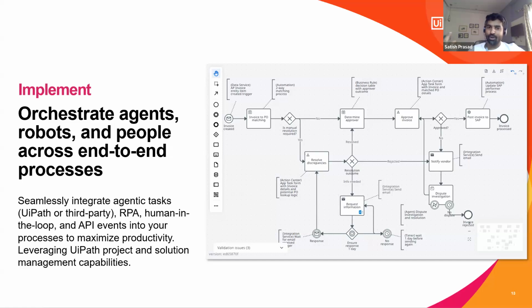RPA we all know we can do, human in the loop we can do, and then the API events that are also coming new to the UiPath platform. With the help of API-based, event-based orchestration, you should be able to design very long-running and complex processes with agentic orchestrations.